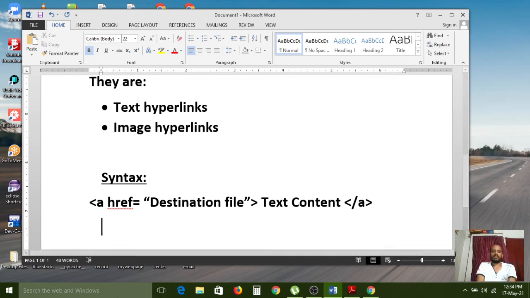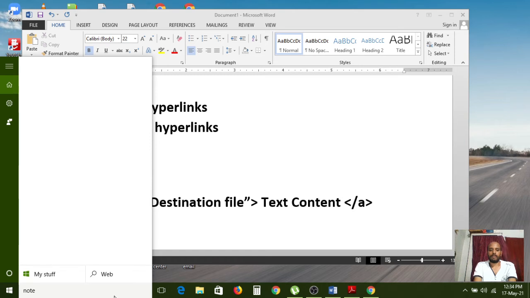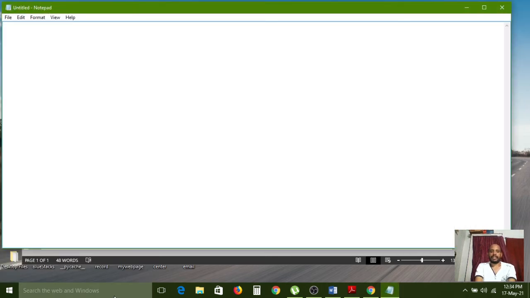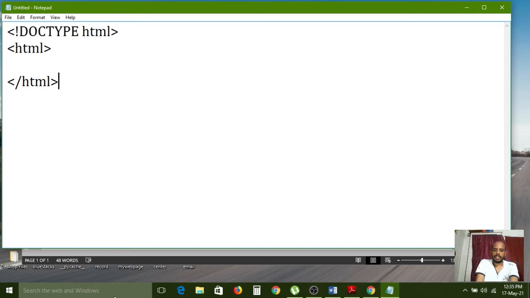All of you carefully observe. Here I am opening Notepad practically to show the practical example. For that, doctype HTML5 is the version and the root element is html, and the head tag, and also open the title tag.